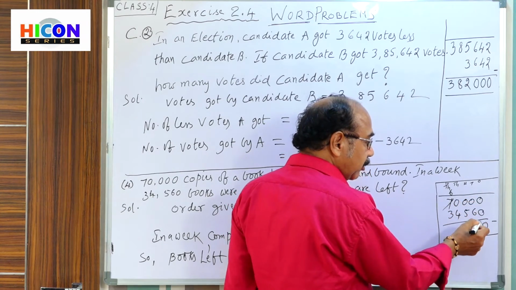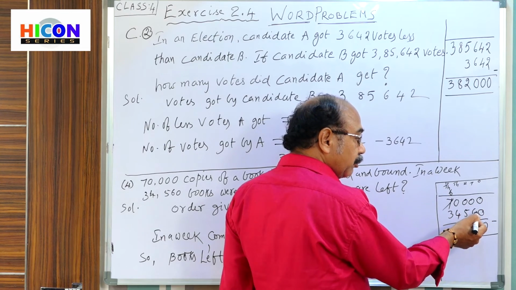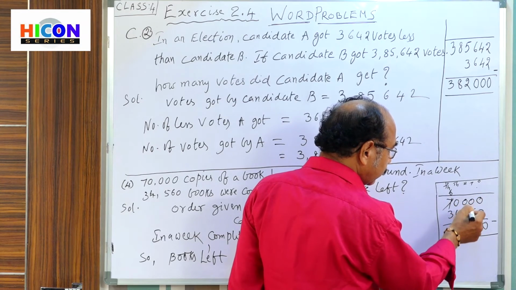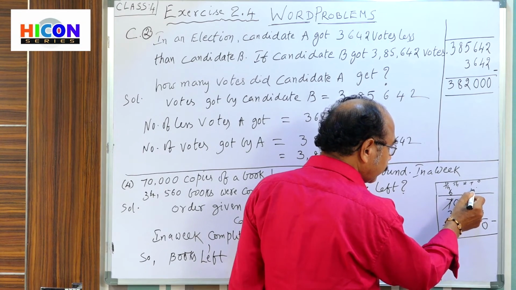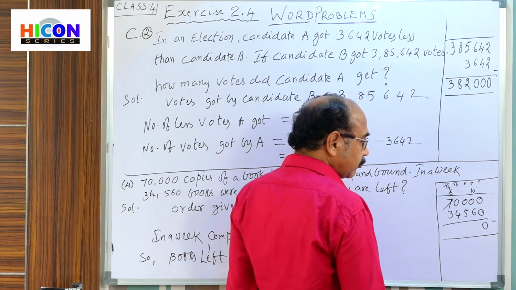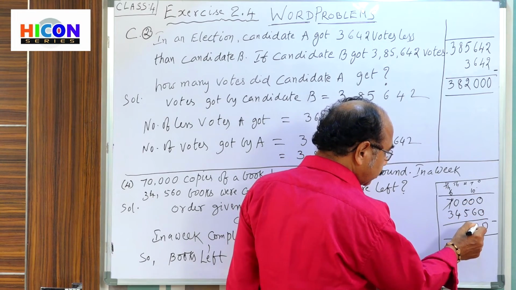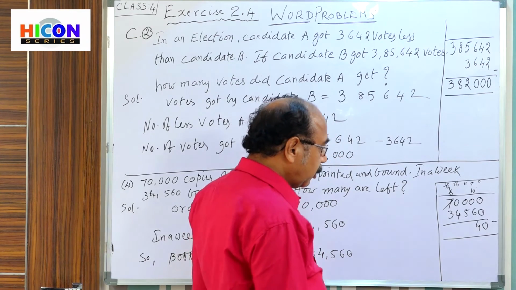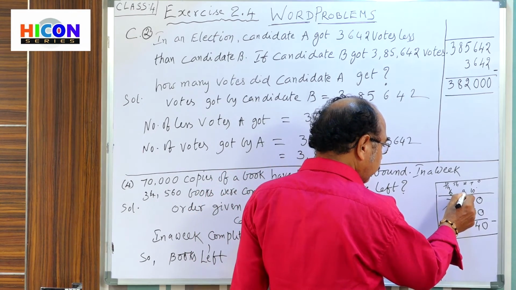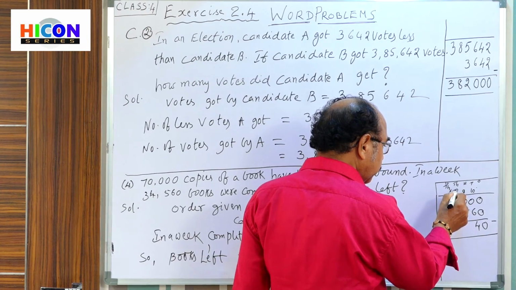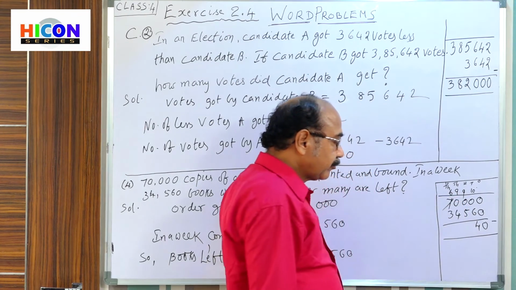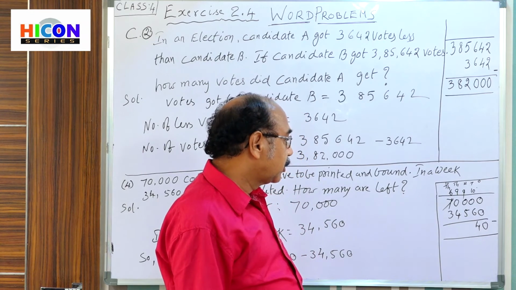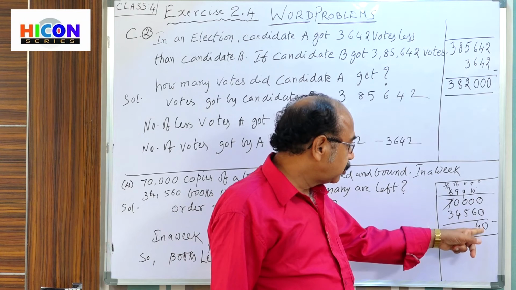Here, first of all, we are asking borrow. Borrow means here 10. Now 10 minus 6 is 4. Now here we get 0 becomes 9. 7 becomes 6. Once again see here 0 minus 0, 0.